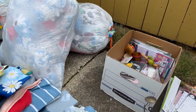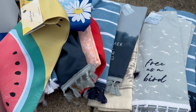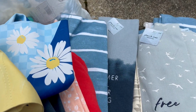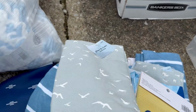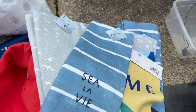And the bags of yarn that I got over there. All these dish towels. Oh, and the flags, the welcome flags. They're all welcome flags, like welcome summer and stuff like that. But I will be using all the dish towel